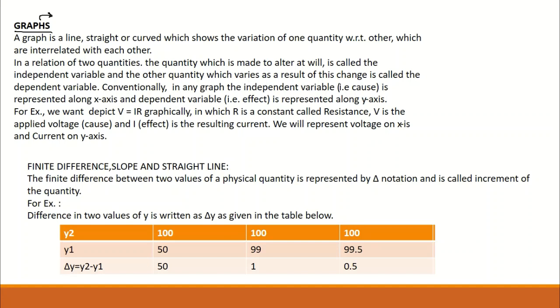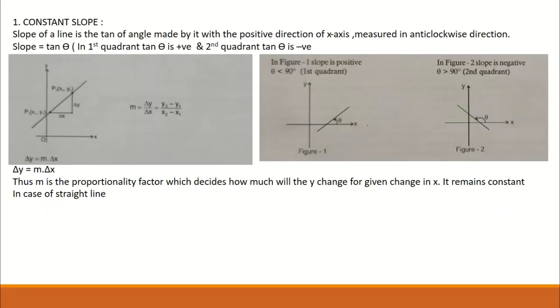Graphs are any relation which can be plotted on a curve, or any curve which can be plotted on any axis is said to be a graph. The axis might be the x-axis, the axis might be the y-axis, right? So whatever plot we are drawing over the x-axis and y-axis can be said to be a graph.